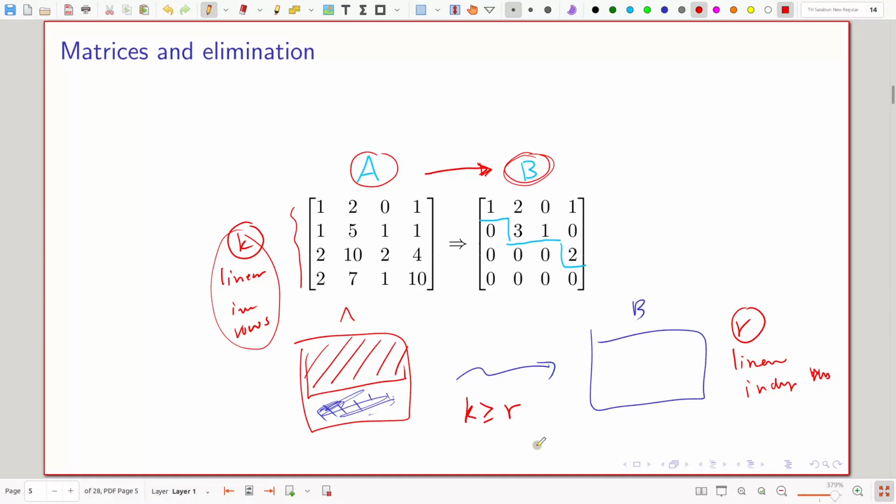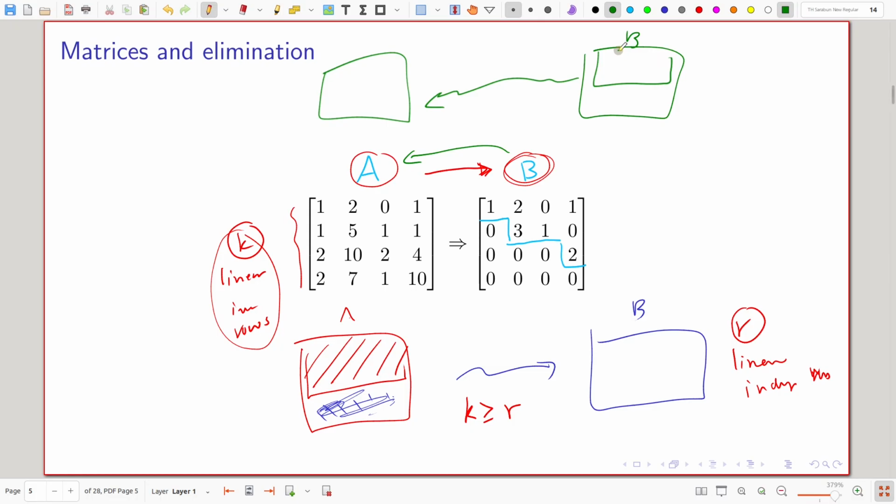Okay. From what we discussed previously, we can obtain A from B as well. By going forward, right? When we do row elimination, when we do Gaussian elimination, we obtain B from A. But as we do in the exercise, given B, we can also obtain A. We can take a linear combination of some of the B rows, and finally we get to A. So on the other hand, you can obtain A from B. Right? So you start with B, and we do something, and we get to A.